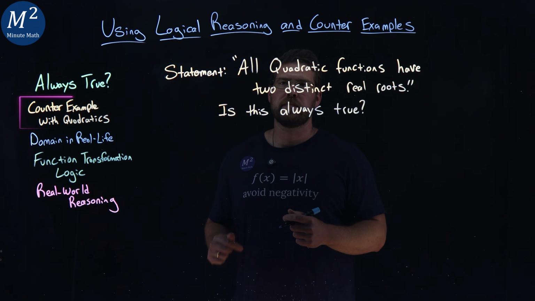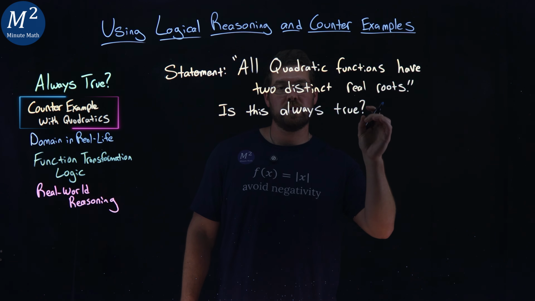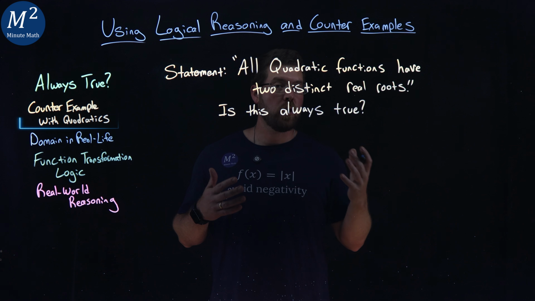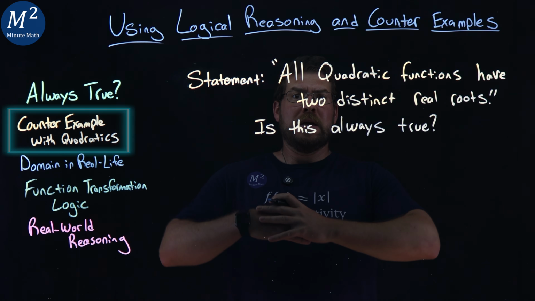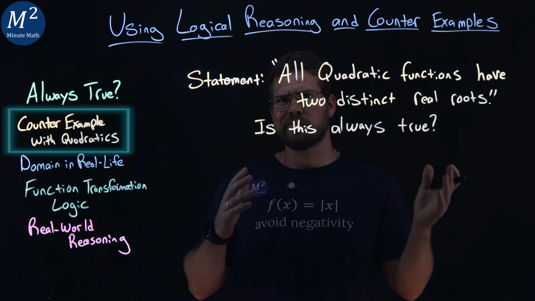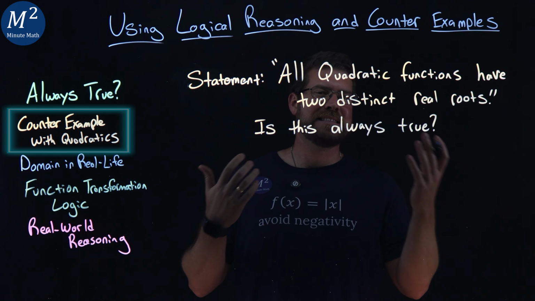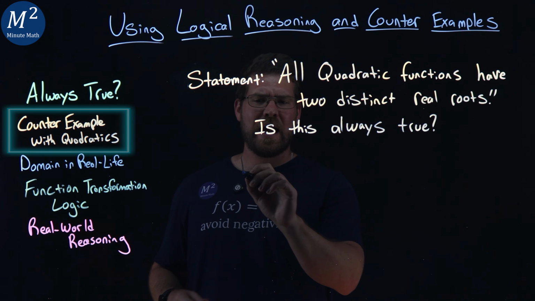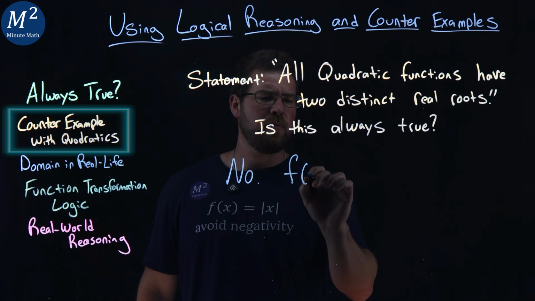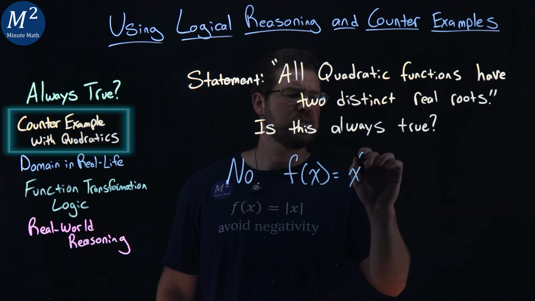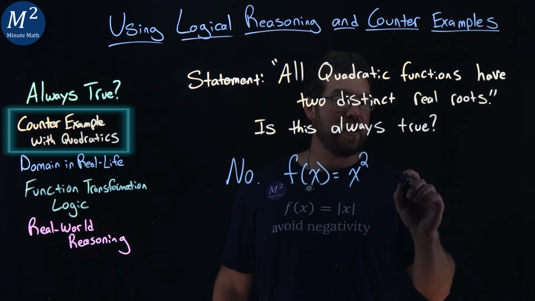Consider this statement. All quadratic functions have 2 distinct real roots. Is this always true? Again, for it to always be true, we cannot find any counterexample where it's not true. So if we find one place where it's not true, then we can't say it's always true. And the answer is actually no. Let's look at our function in basic form. f of x equals x squared. If we consider this function here, this function only has one